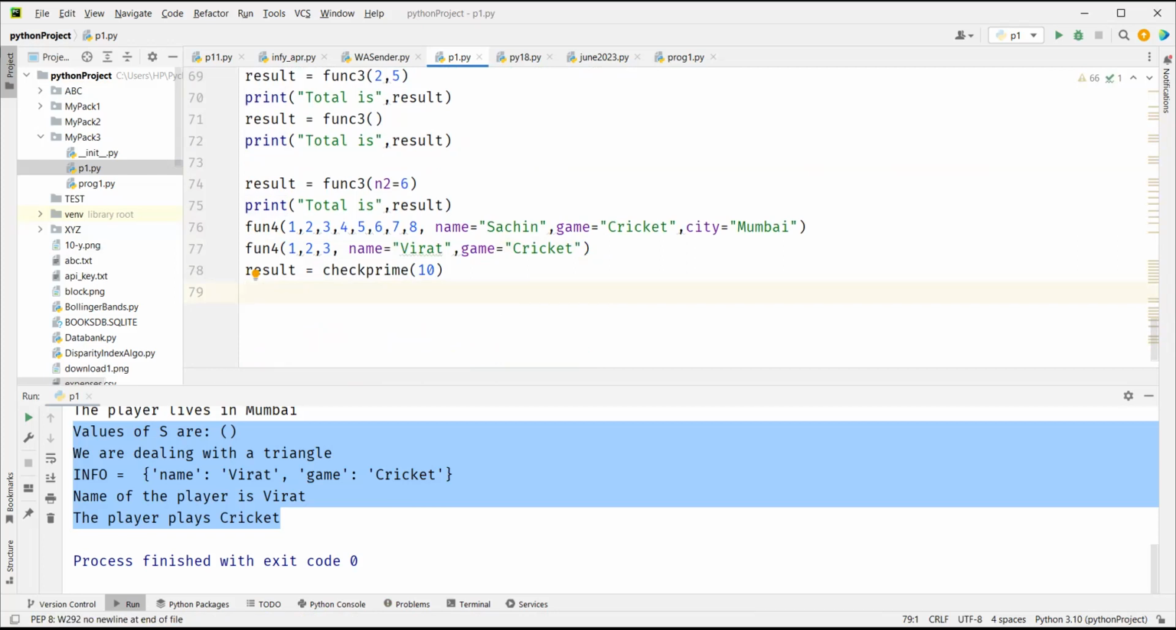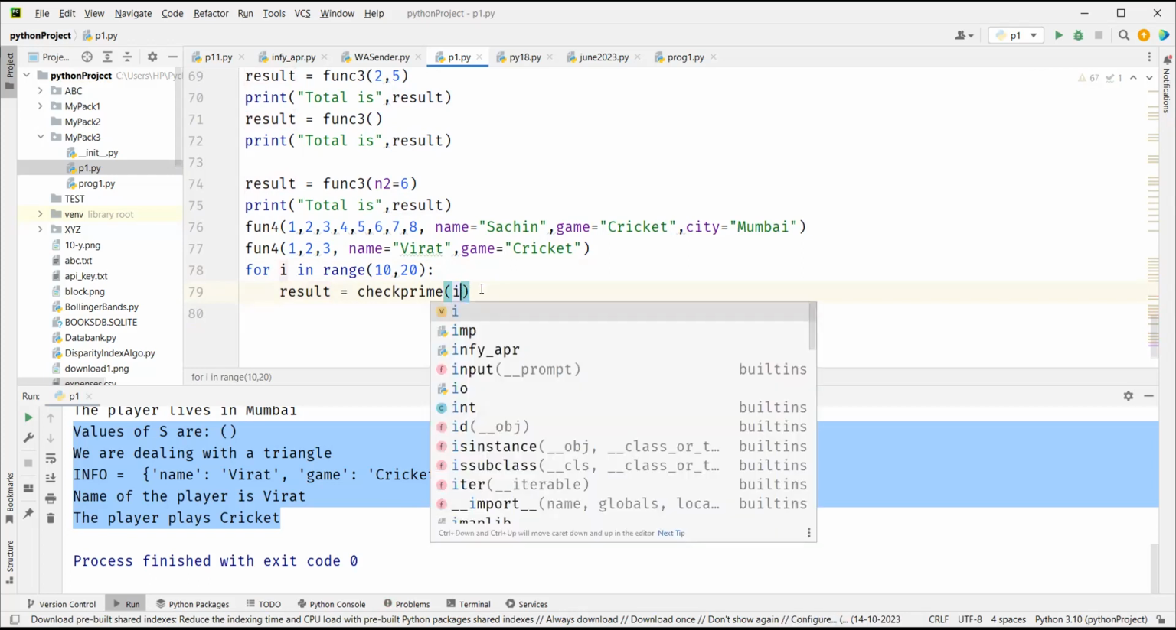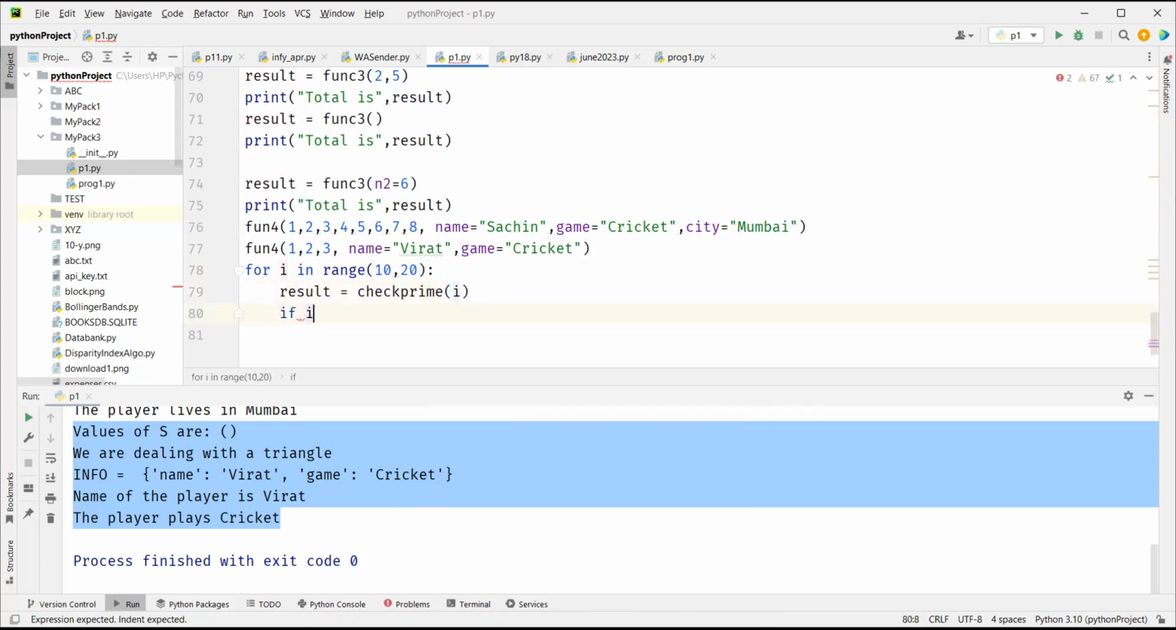So what I'll do instead, I will write a for loop. I will check from 10 to 20 if numbers are prime or not, right? So for i in range(10, 20), result equals check_prime(i). So it will pass i, right? And if result, the result will get true or false. So if result is true, then I will say,